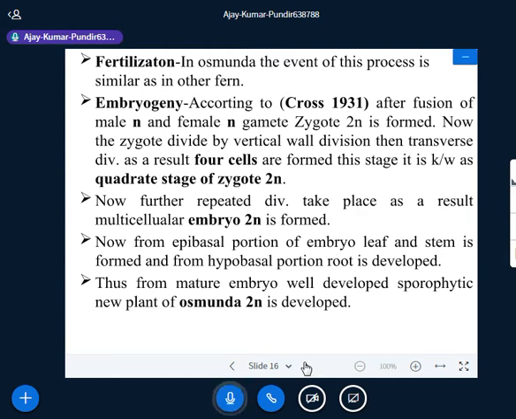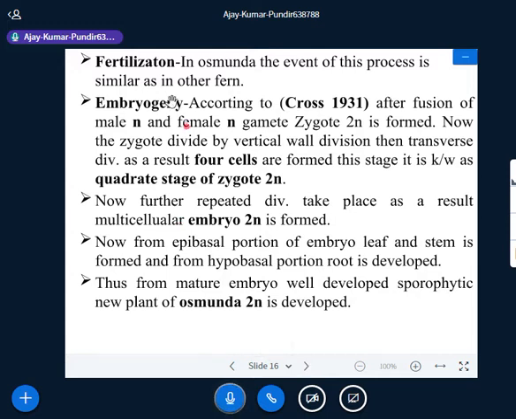There is a little bit of difference during the development of archegonium. आपने एंथ्रेडियम के डेवलपमेंट में देखा कि ओस्मुंडा का जो एंथ्रेडियम वाल है वो वेरी कॉम्प्लेक्स है और वेरी डिफरेंट सेल्स से वो ढका रहता है. फर्स्ट रिंग सेल, सेकेंड रिंग सेल एंड ओपर्कुलर सेल्स. और जबकि आर्चिगोनियम देखेंगे तो दूसरे फर्न की तरह ही होता है. इसमें बस आपने देखा होगा कि बाइन्यूक्लिएट नेक कैनाल सेल होता है. It is the diagnostic feature of the Osmunda archegonium.